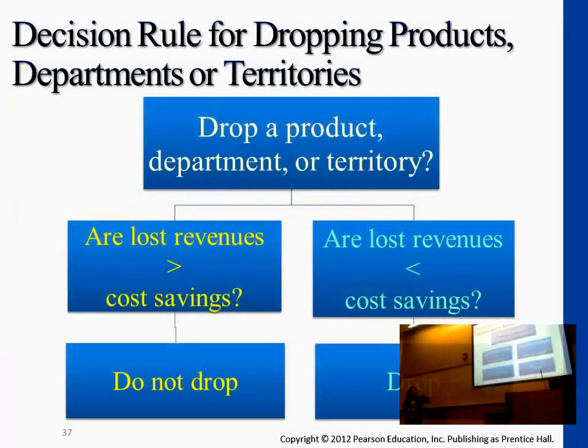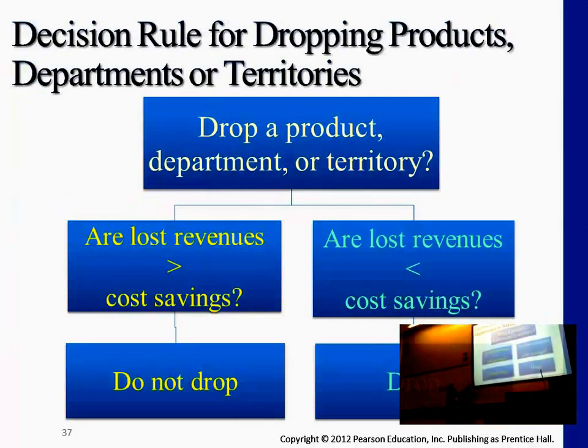So overall, the main decision here is add up all the cost savings, compare it against revenue. Which one is higher? If cost saving is more, then we drop the product. If cost saving is still less than the revenue we're getting, we're still getting more, then we keep it. Okay?